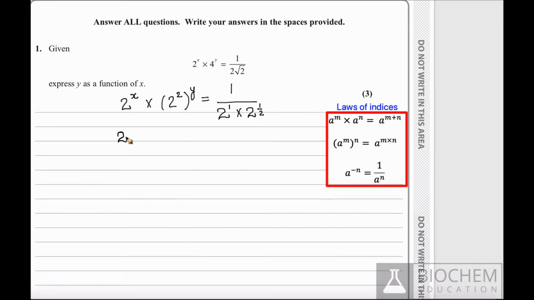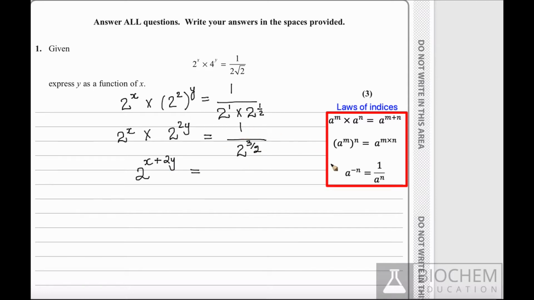2 to the power of x times, we will multiply 2 with y to get 2 to the power of 2y, equal to 1 over, when the bases are same, we add the powers. So we can write this as 2 to the power of 1 plus half equals 3 over 2. As the bases are same, we can again add the powers. So we can write this as 2 to the power of x plus 2y is equal to,